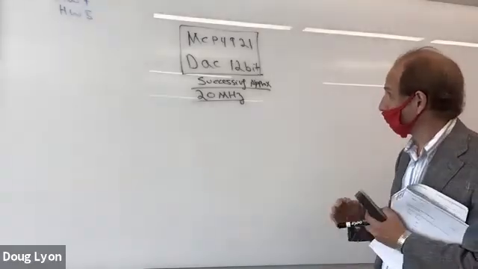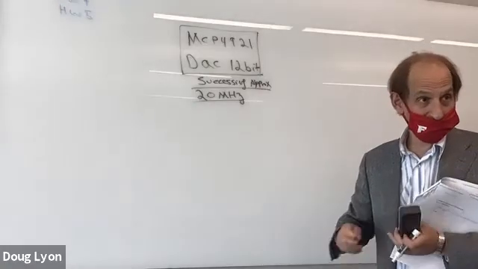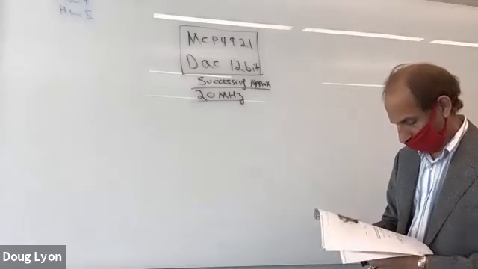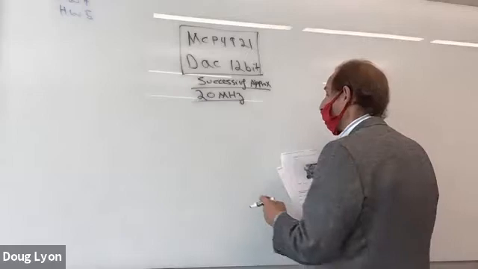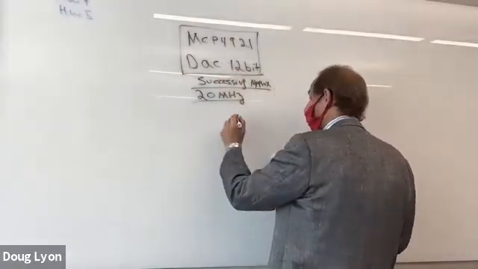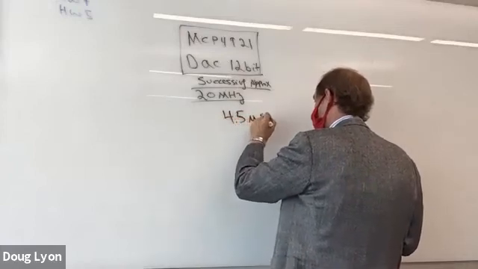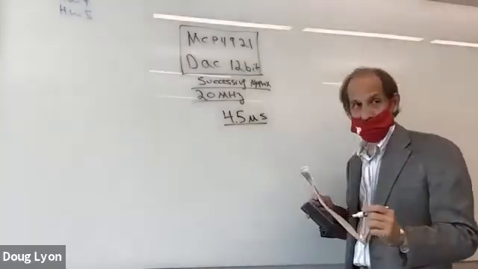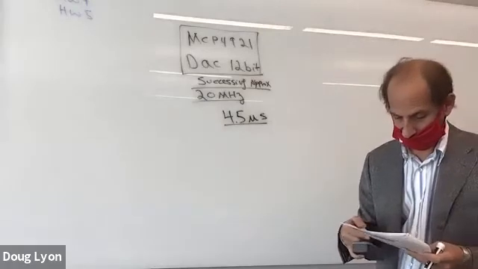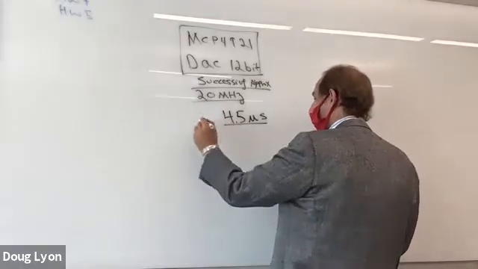Now that 20 megahertz clock, does that have anything to do with the sampling rate? That's the clock it wants. As it happens, if you want to do a full 12 bits and guarantee the output to be settled, it'll settle in 4.5 microseconds. A microsecond is 1 × 10⁻⁶ seconds, so that's a millionth of a second. So if the DAC has a 4.5 microsecond settling time,